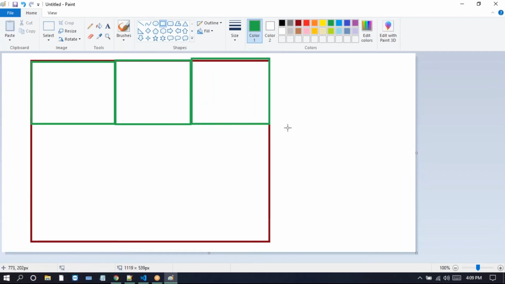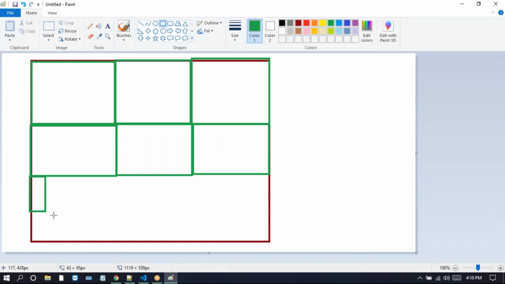Like this we have. So look at this one. The calendar is like this. So we can design this calendar in HTML.